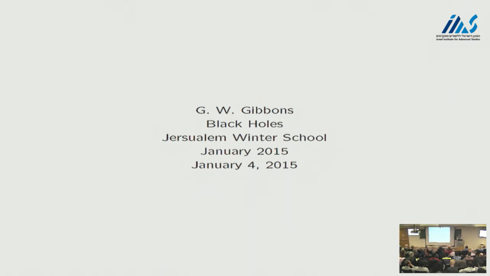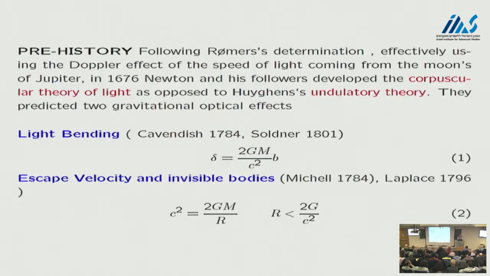I hope you'll give me some feedback, tell me to slow down or whatever, or speed up. I want to start with a bit of prehistory, which is quite interesting and has its ironies. So in 1676, Römer measured or obtained a value for the speed of light. That was an interesting time, because from that time onwards, there was a theory, not necessarily a valid theory, which combined G and C. There ought to be such a theory. And at that time, the favored theory was what's called the corpuscular theory, which opposed the unfavored theory, which was